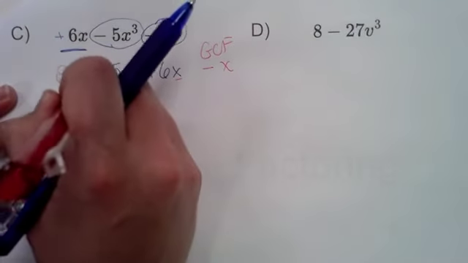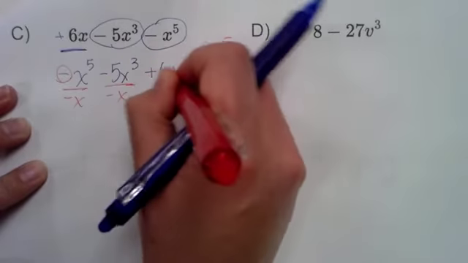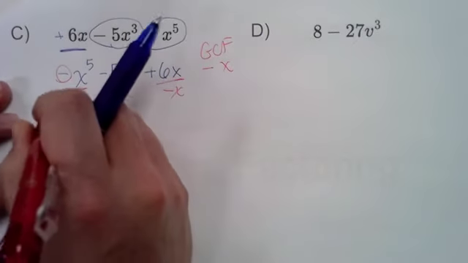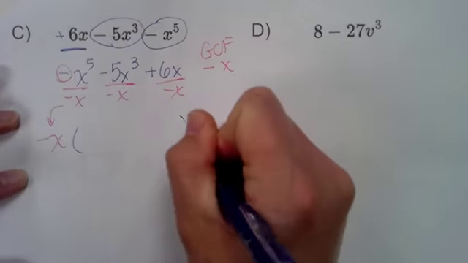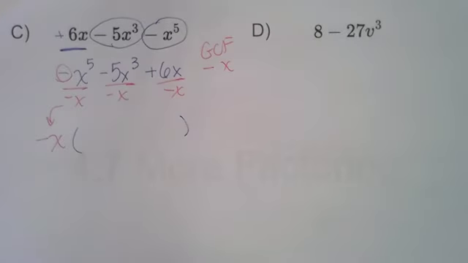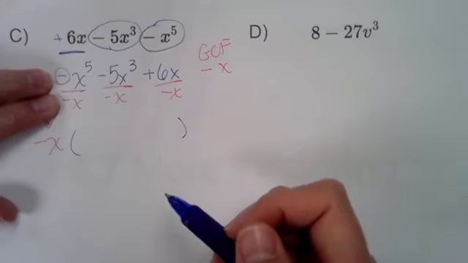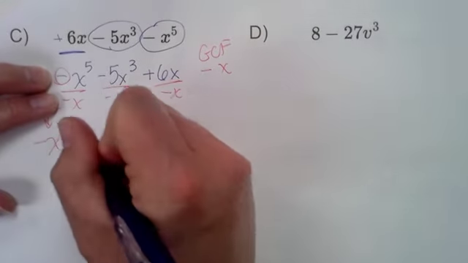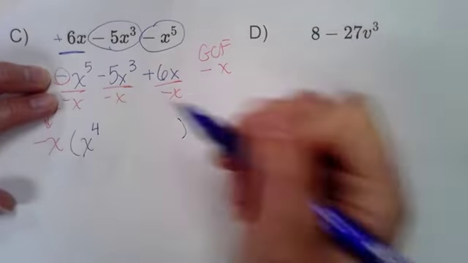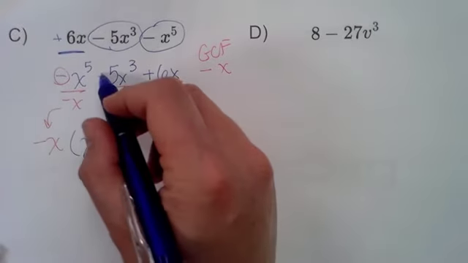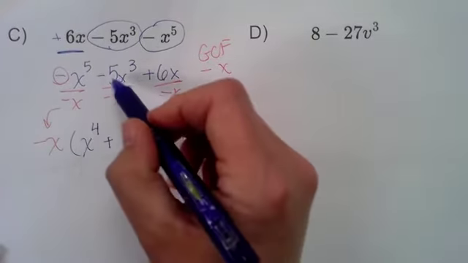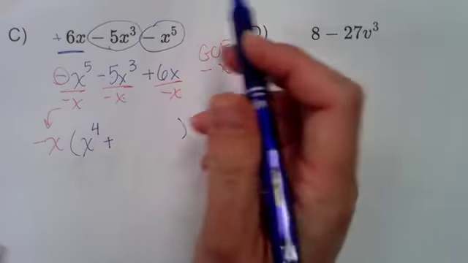All right, so negative x is going to come out. And again, GCF just moves to the front of the line. Undistributed. All right, negative divided by negative is positive. X to the 5th divided by x is x to the 4th. Negative divided by negative is positive. 5x cubed divided by x is